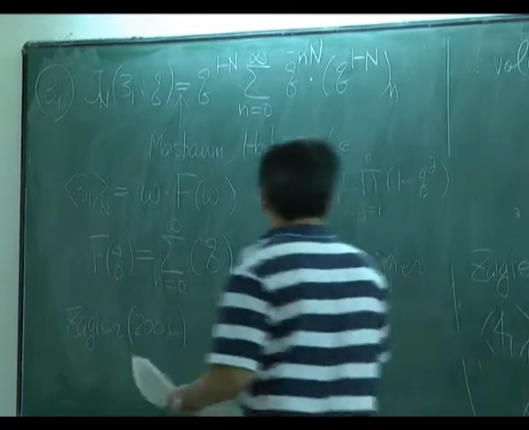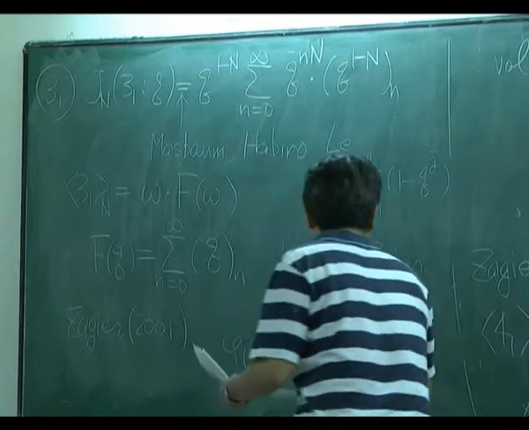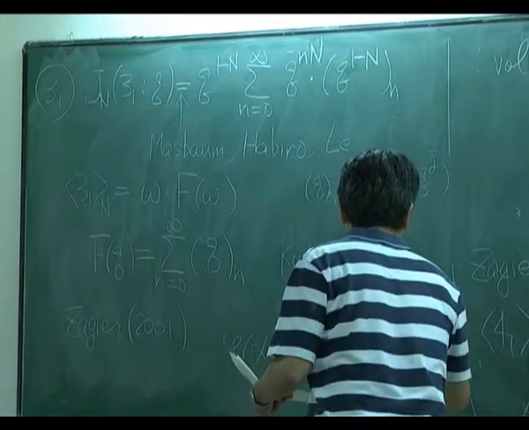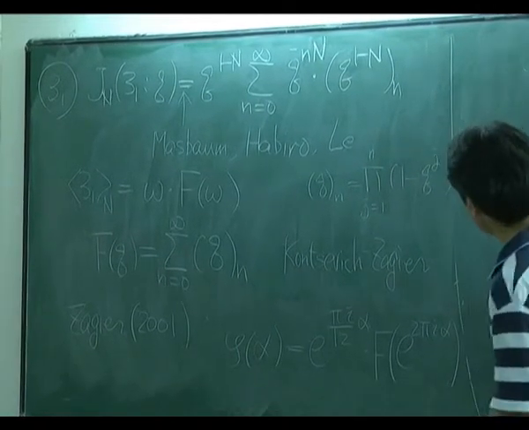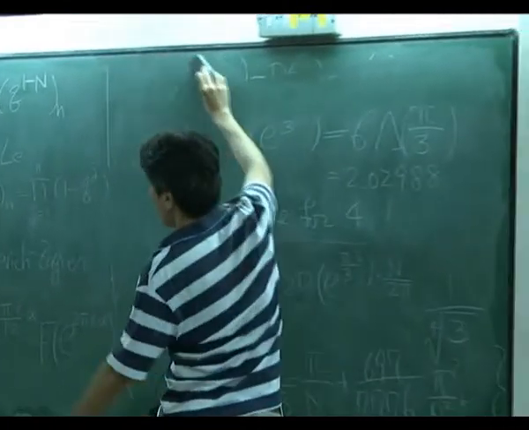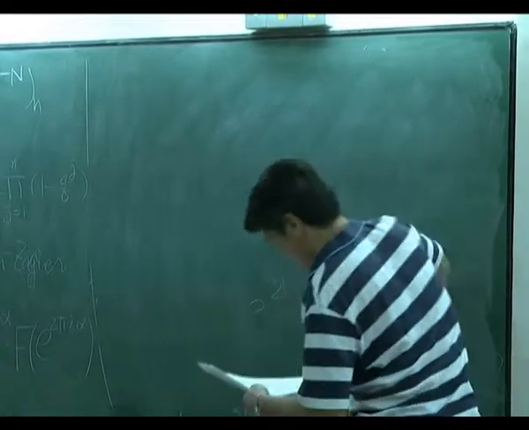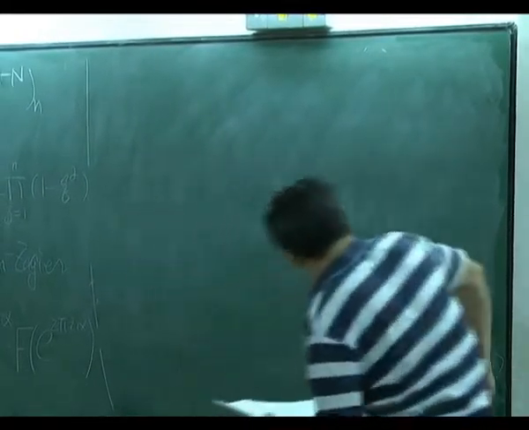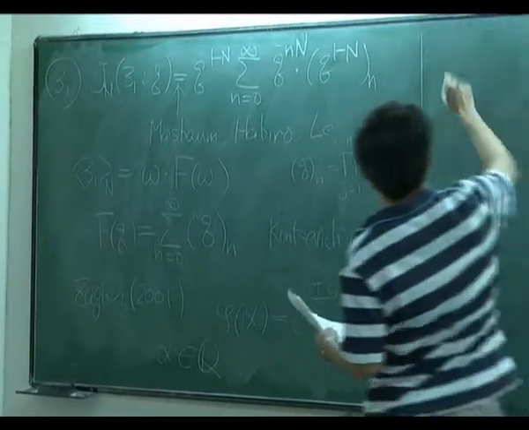So Zagier claims that if we define phi by this one, where alpha is rational, then he proves